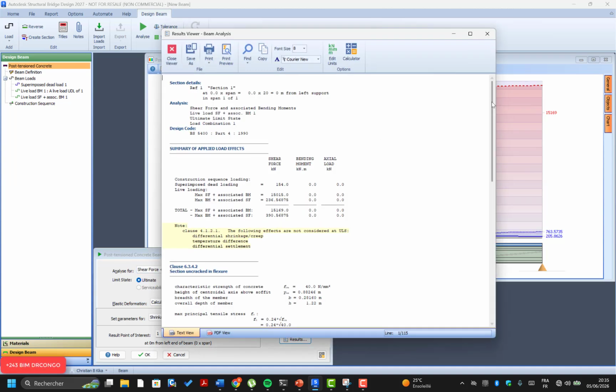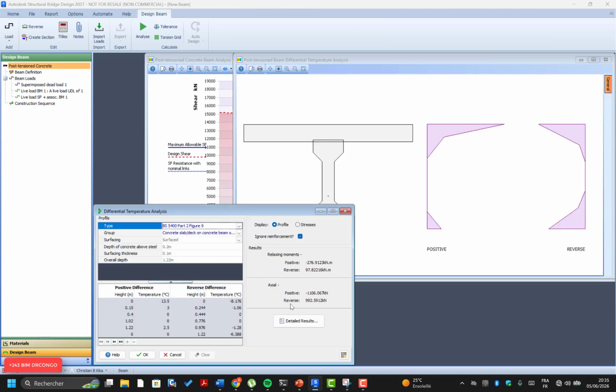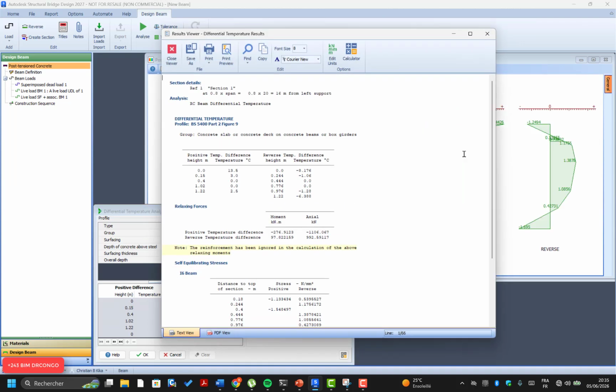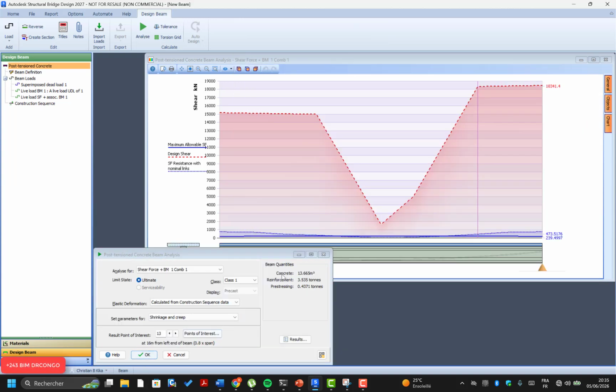You can see the result, the note calculation, and some warning. We can have it. And you can see the variation of the result at point of interest. You can change everything, shrinkage and creep. You can go for difference temperature. Here you can calculate the shrinkage and the creep, the positive difference of temperature. You can see the result. You can do the same for the stress. It indicates the same, and so that was just the small introduction, the small things which I just want